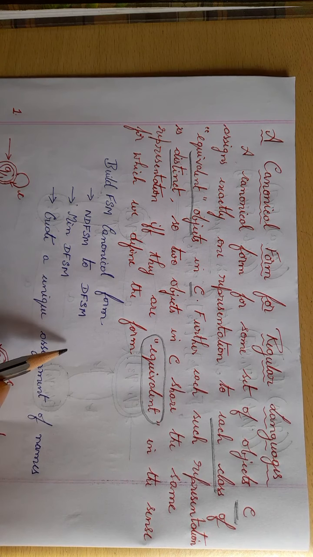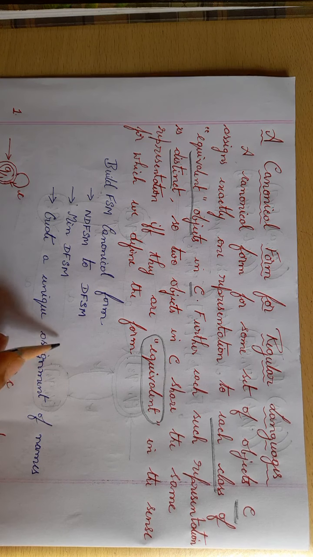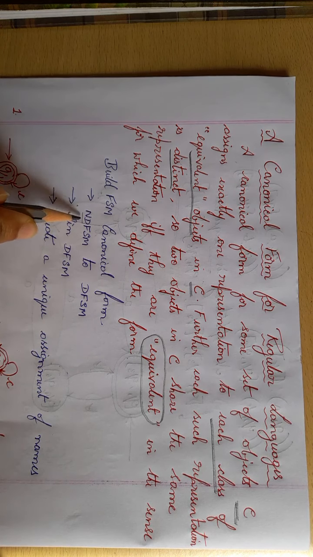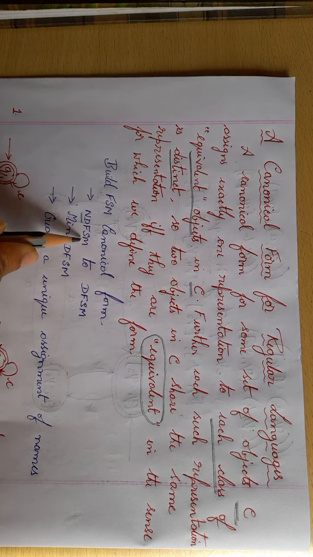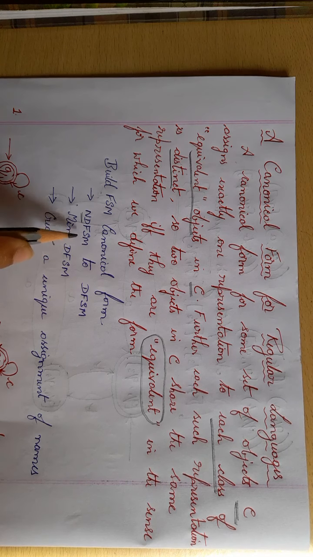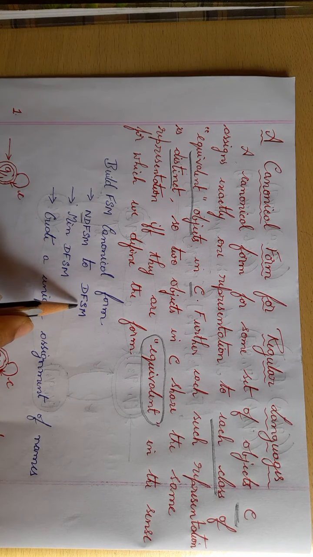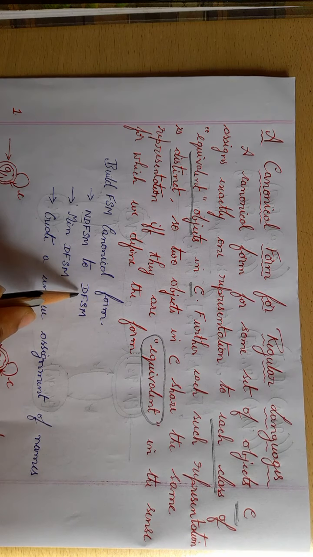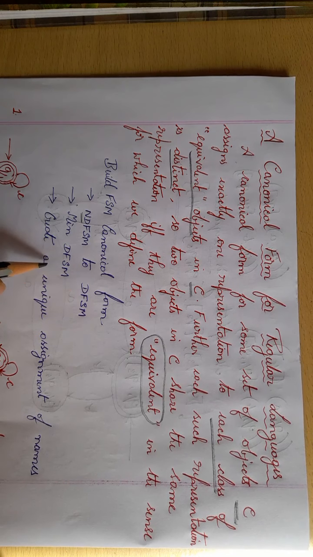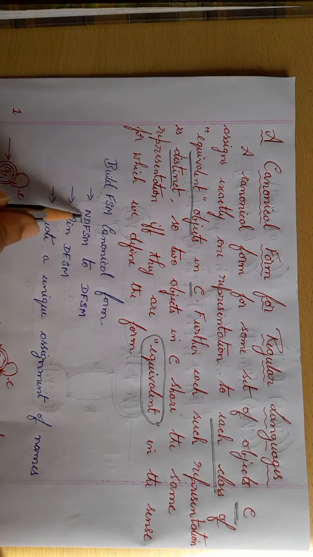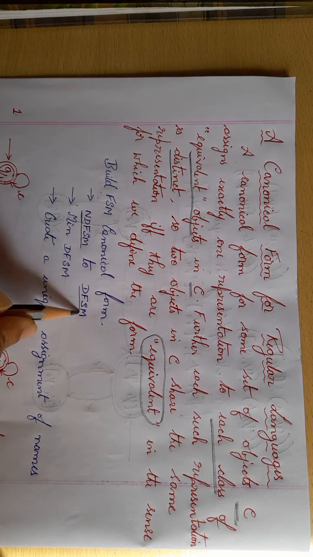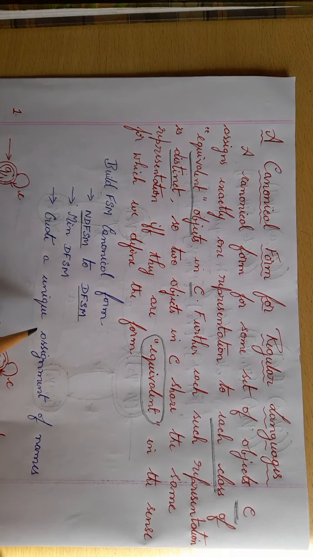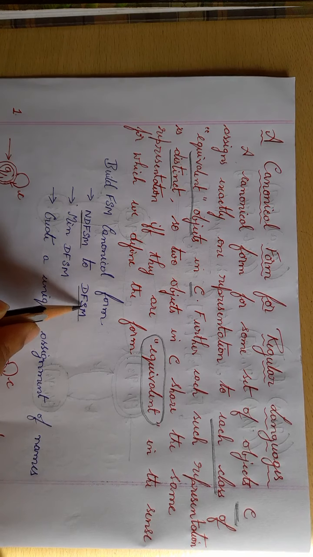You'll be having a finite state machine. First of all, you have to check whether it is a non-deterministic finite state machine. If it is a non-deterministic finite state machine, then you have to convert it to a deterministic finite state machine. If it is directly a DFSM, you go directly to the next step. If it is an NDFSM, you have to convert it to a DFSM. You have studied this in previous topics. So this is the first step.